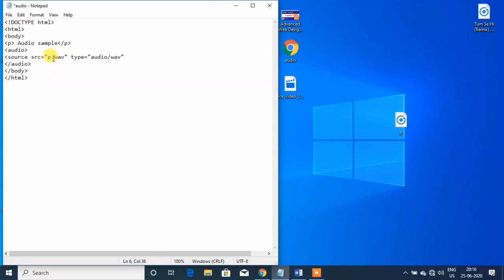But I have taken here mp3, so that's why I am writing here mp3, and here also mp3, and then close the angular bracket. Save the file,